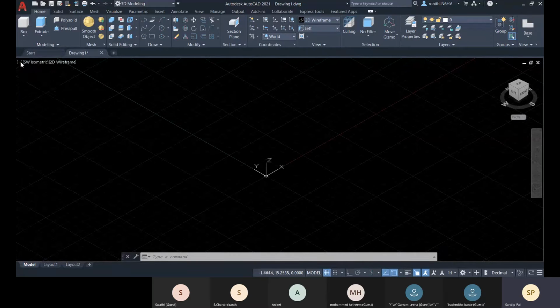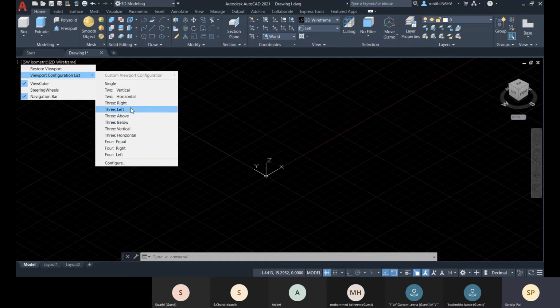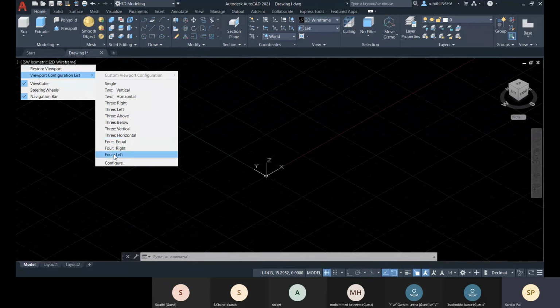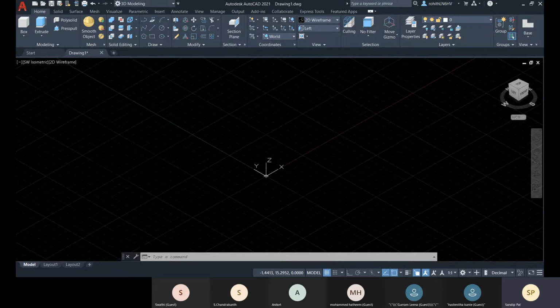And from here as well, you can change it to multiple viewports. Or else you can come to this viewport control menu, and from there you can change it to like 4 equal or 4 right, 4 left, or anything from this option, or you can go for configure, so you can create your own viewport configuration. Now let me go with this 4 equal.